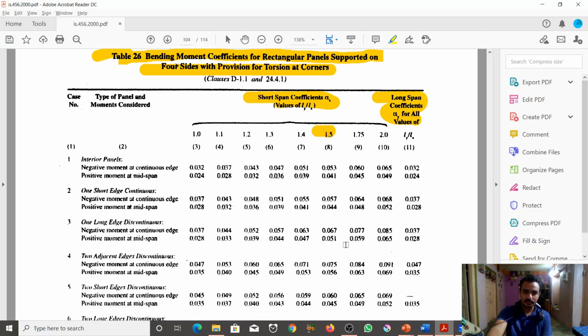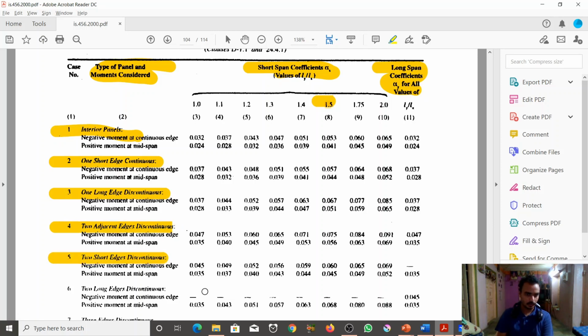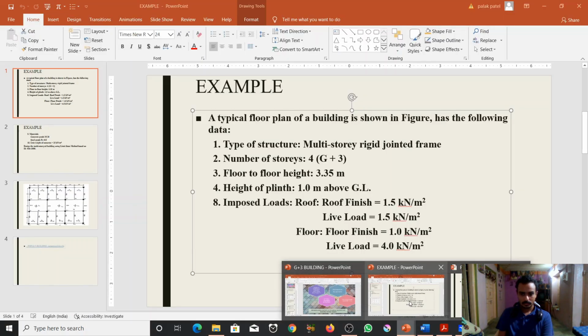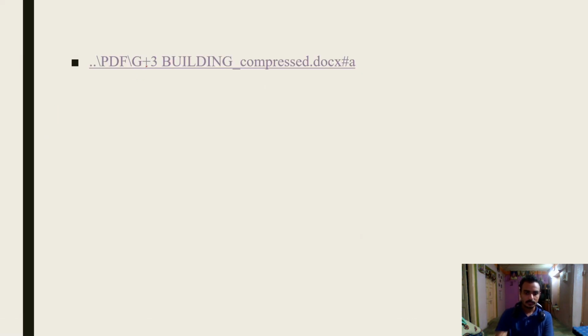To find the coefficient of bending moment, there is one condition: type of panel and moment considered. So we have to check this. First is the interior panel. Then one short edge discontinuous, one long edge discontinuous, two adjacent edges discontinuous, two short edges discontinuous. So first let's check